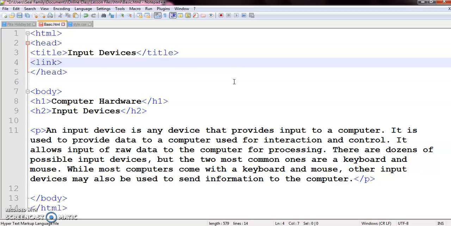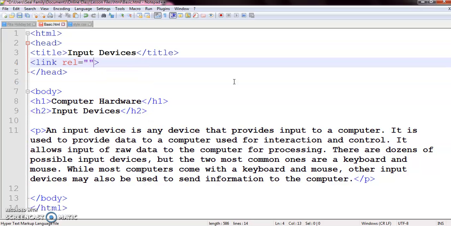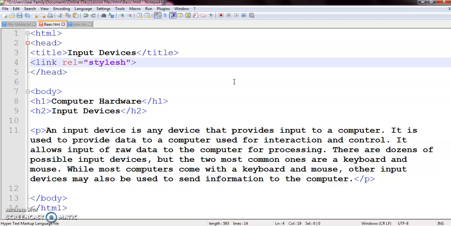The link element will have two attributes. The first one is rel, inside which we are going to write stylesheet, because we are going to link the style sheet file.